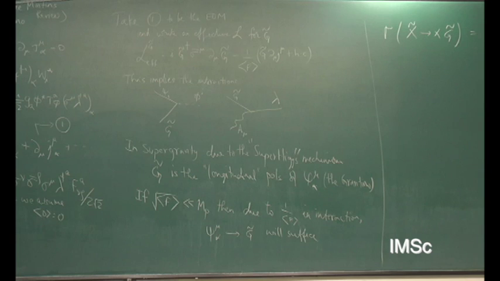If you are in the right region, there are right regions for the gravitino where you can make it work. So there are allowed windows in the gravitino mass and the couplings, which will be fine. But there are large regions which are ruled out by relic density. More than that, I cannot say anything, so you'll have to look up some review. There are huge reviews written on what part of the parameter space is allowed. But yeah, you're right, there will be some non-trivial constraint on this coupling and mass.